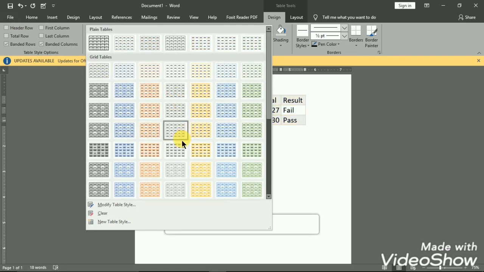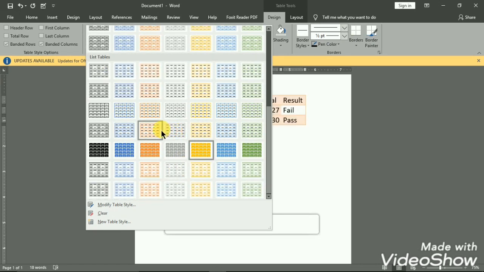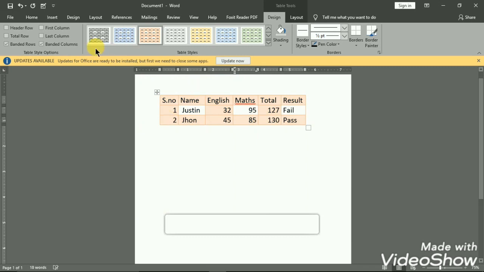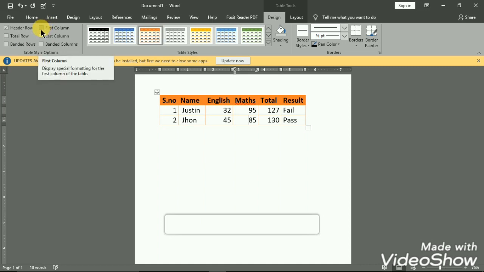And next, if I want only the first column highlighted, I select first column. If I want only the total row, the total row can be highlighted; last column will be highlighted, banded columns, banded rows, so that we can highlight whatever rows and columns we want by using these table style options.